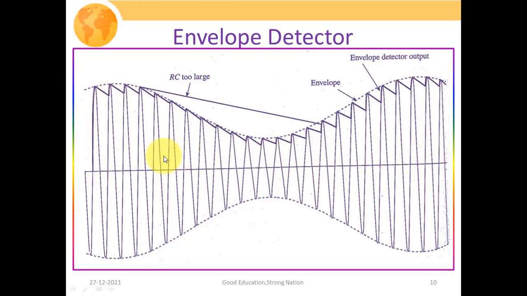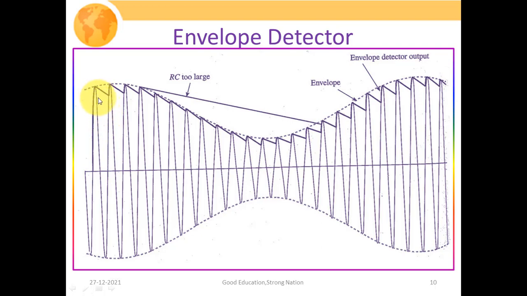That is for your negative cycle, it will not happen just because the diode is in its non-conducting region. As we have mentioned, when we pass our envelope through the diode, the diode will instantaneously charge the capacitor C. For the negative half cycle, when the diode is in its non-conducting region, from this particular duration, our capacitor will discharge.